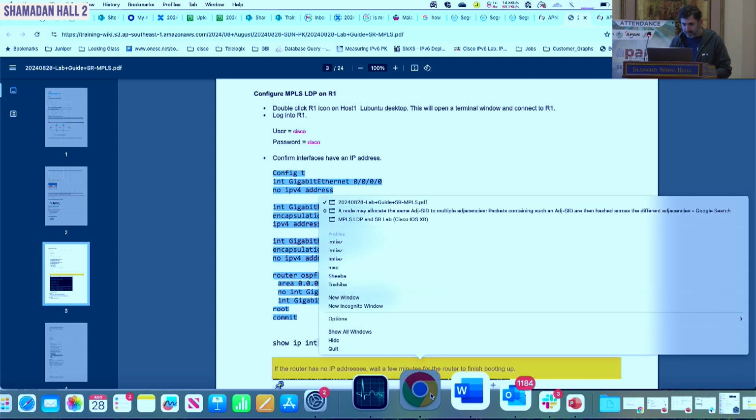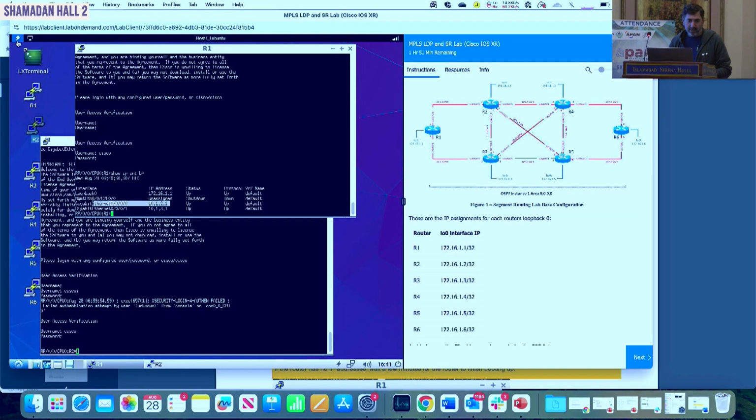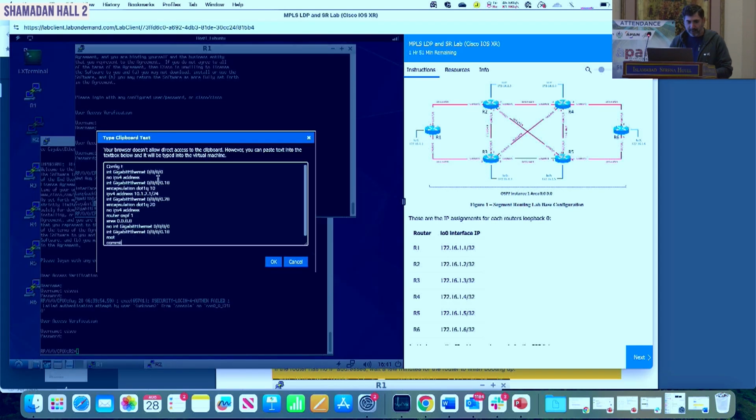So let's copy and go back to your router. In order to paste, you have to click on this lightning button, type clipboard text, and paste here. See if you see any mistake or if some text is missing, because sometimes it will remove this slash and put 000 like this. Sometimes when you are pasting, it actually removes or changes some of the instructions. Then you have to take a look at all the commands. If it makes sense, then you can press OK. I will just remove this